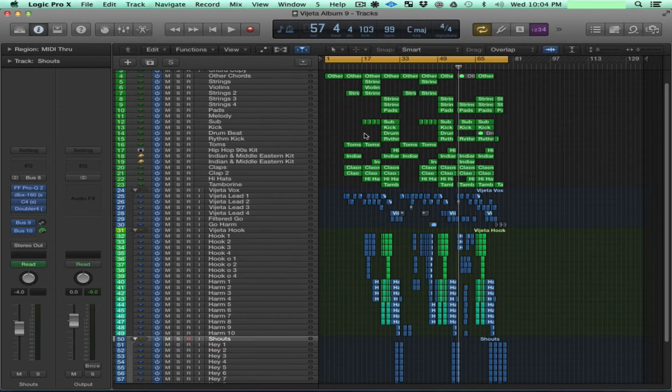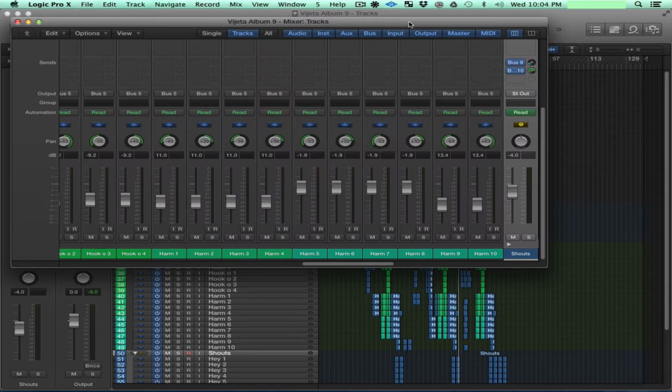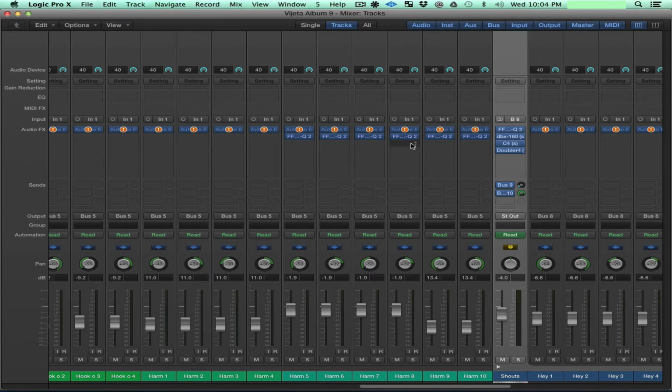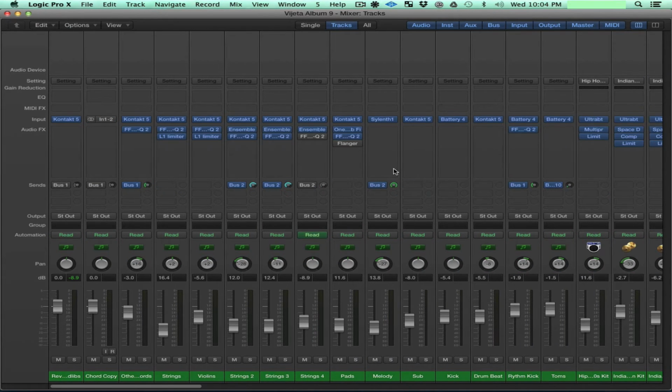So what I'm gonna do now, since all my tracks are labeled, so I know what's what once I bring everything into Pro Tools, I'm going to the mixer, Command 2. And I want to make sure all my plugins